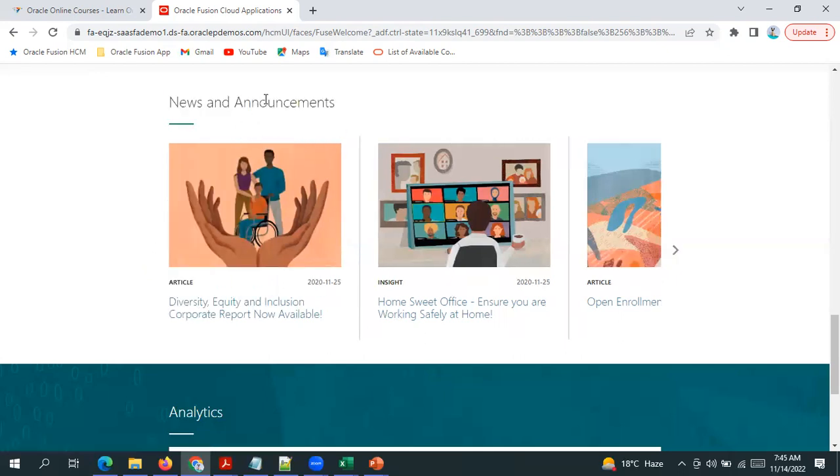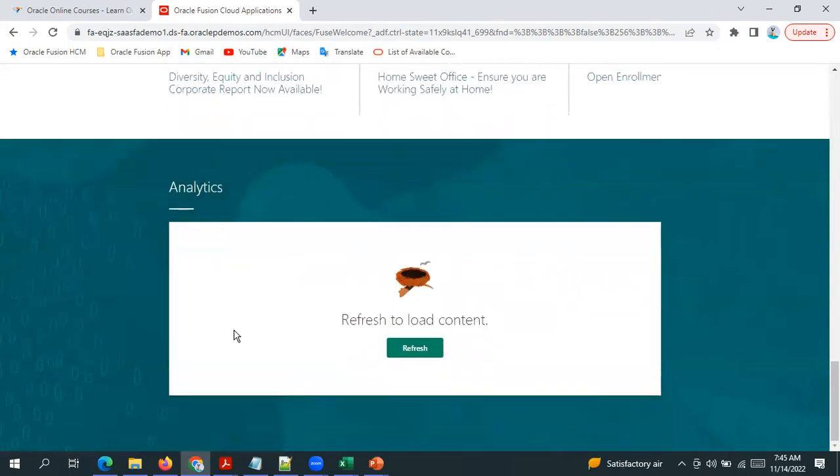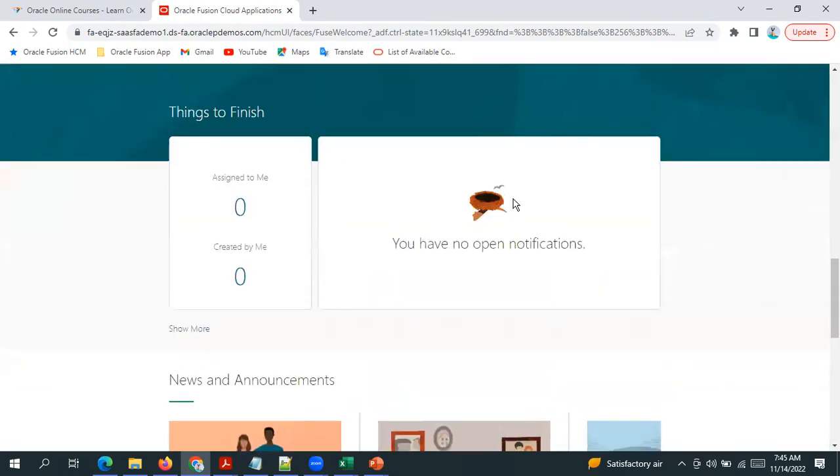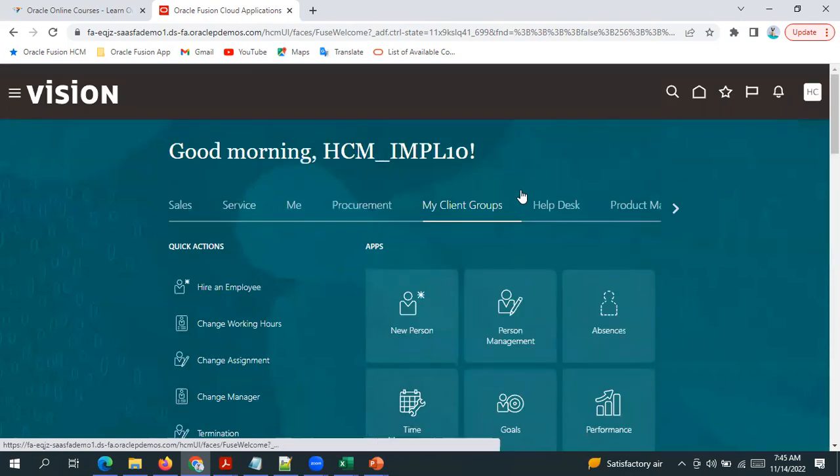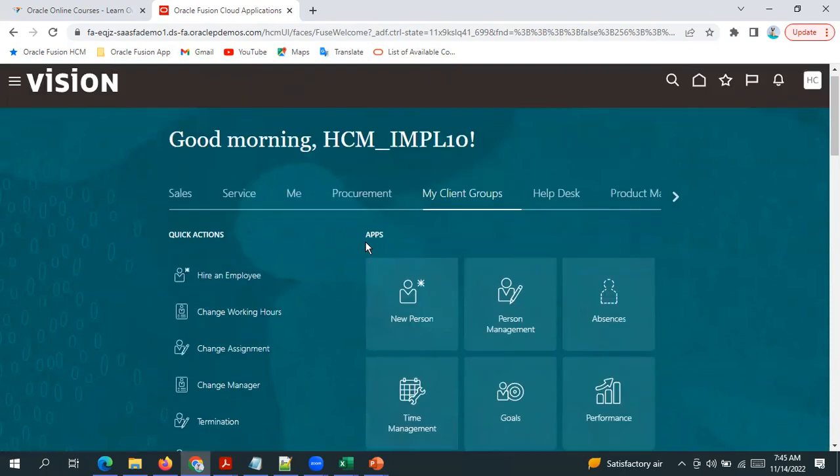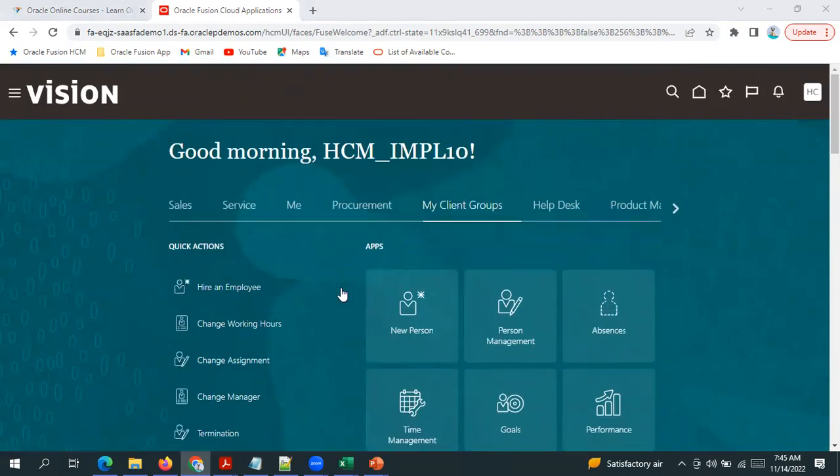At the back end, we have the setup that we have to publish the news. That will be discussed at a later point of time. But here we will be able to see the news and announcements, whatever our organization wants to share with the employees. And in the analytics, if any reports are embedded here on the home screen, I can see the reports available. This we will see in our BI sessions when we start up with the reporting area. So these are the things which we will be seeing on the home screen, right? And then, team,